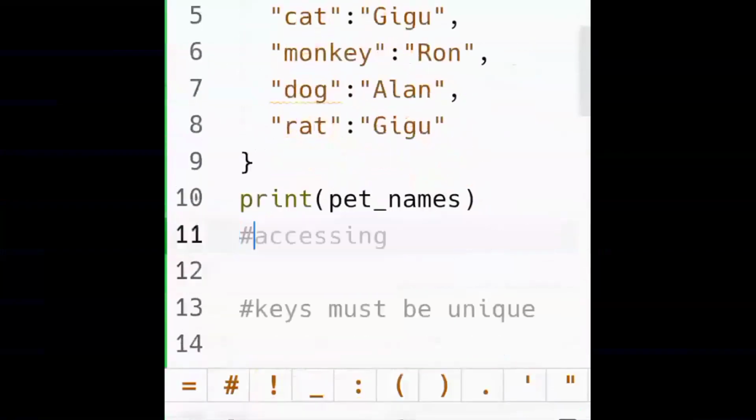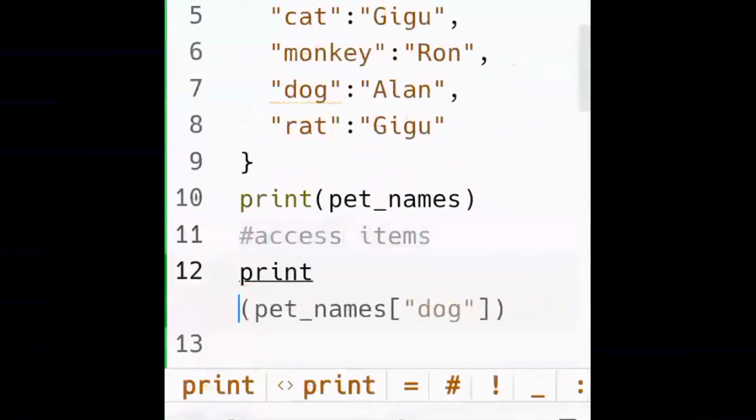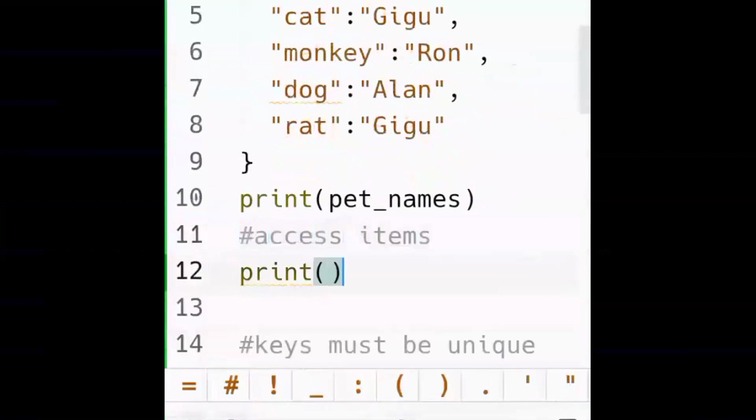Let's see some more examples to understand more features associated with dictionaries, so that we understand dictionaries in Python thoroughly. So what if you want to access some items inside a dictionary? Let's say there are lots of items and you want to access a particular item or a specific item inside a dictionary. How do you do that? So this is what we are going to learn here in this section.